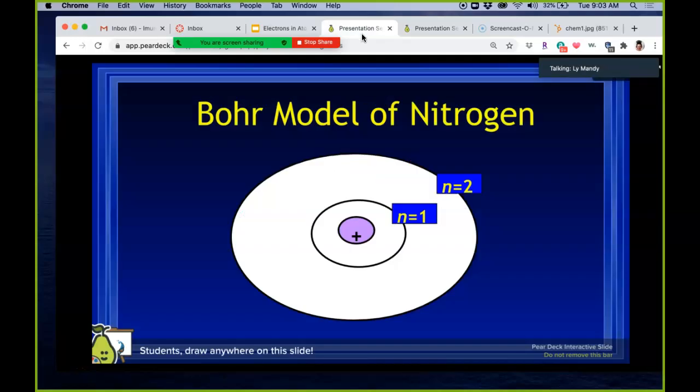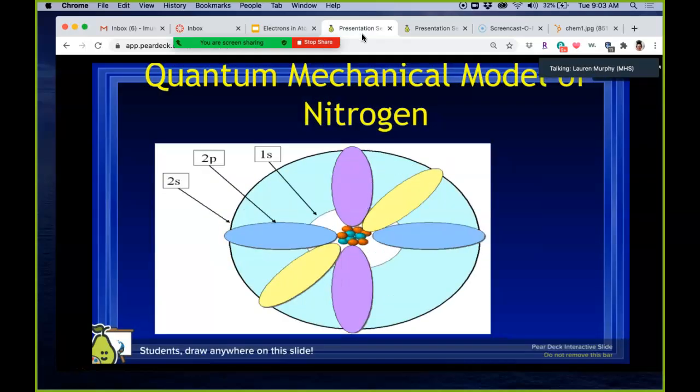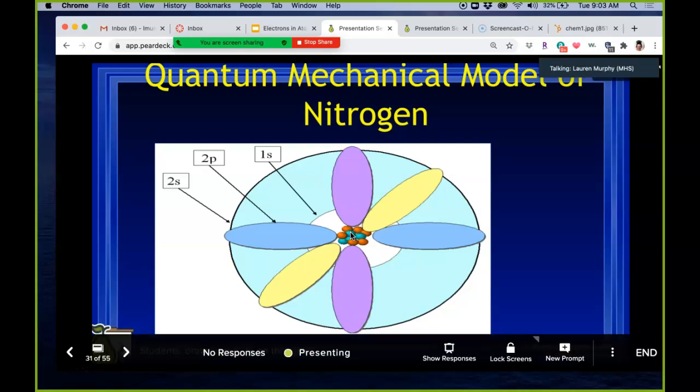So let's talk about this. This is really what the Bohr model looks like. So here's your nucleus right here. This gray sphere is called an orbital. This blue